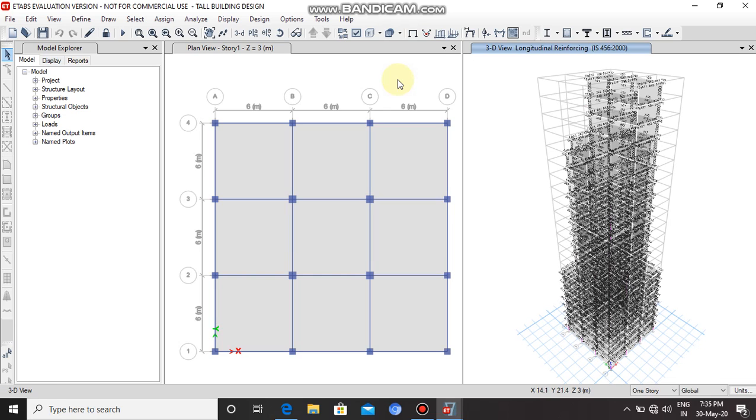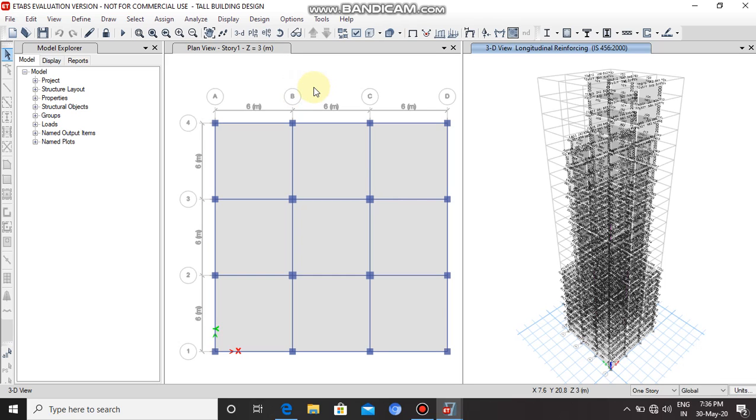Once the design is completed, the software asks permission to reiterate the analysis and design for the failed members. In this case, we do not see any such pop-up.